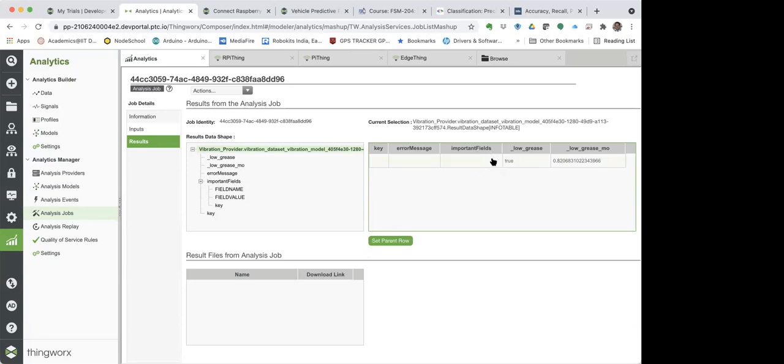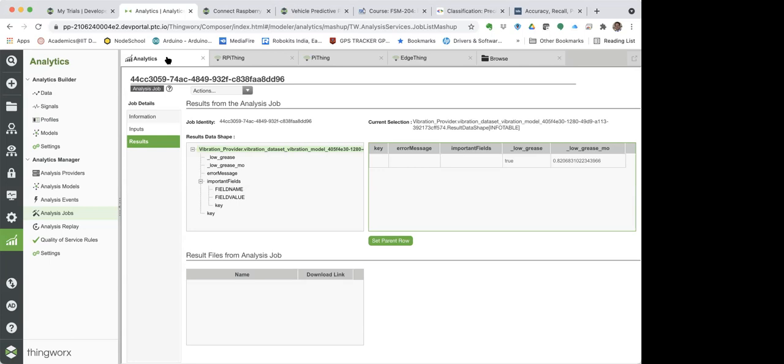This value can then be further used to trigger any event, whatever you want to trigger. Whether you want to send a message, this will now be used as a simple event and subscription in the ThingWorx platform. This will only generate the output out of the analysis event. So this is one more additional event that is happening along with the same edge thing, but this input is coming from the analytics.